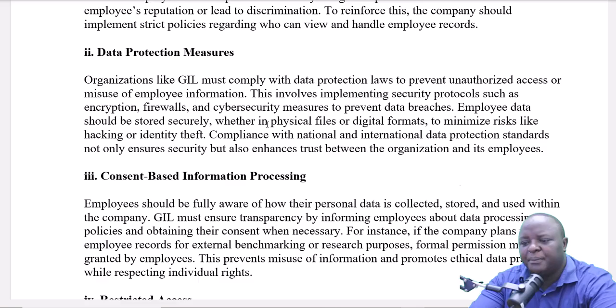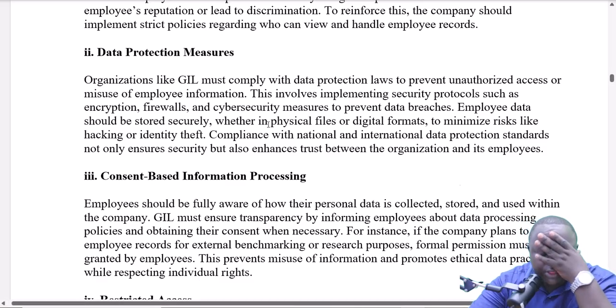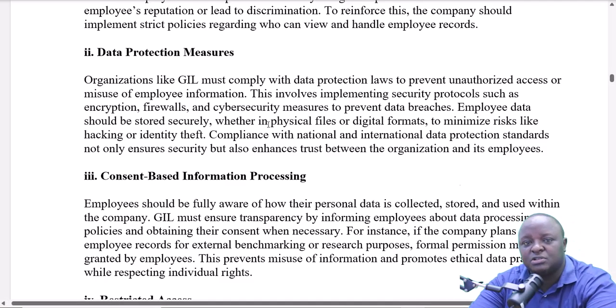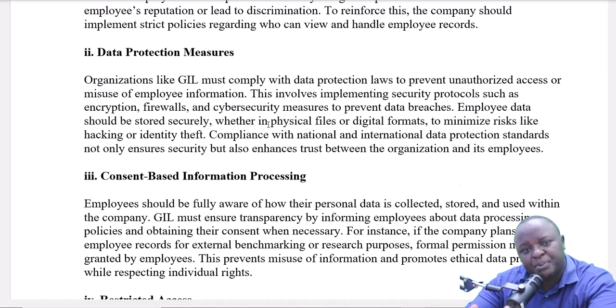And at the same time, in many organizations, you can find that not all employees can get access to all the data. Every employee, within his position of operation, has a specific limit to what type of data he can access in an organization. So employee data should be stored securely, whether in physical files or digital formats, to minimize risks like hacking or identity theft. Compliance with national and international data protection standards not only ensures security, but also enhances trust between the